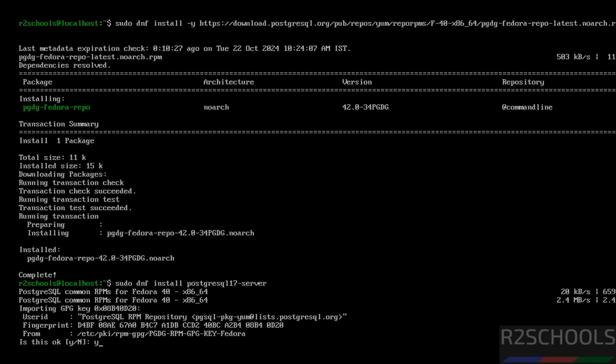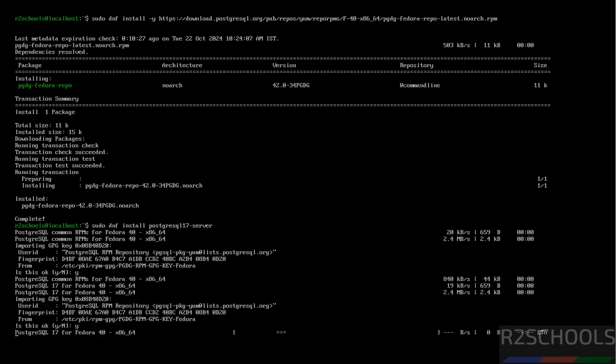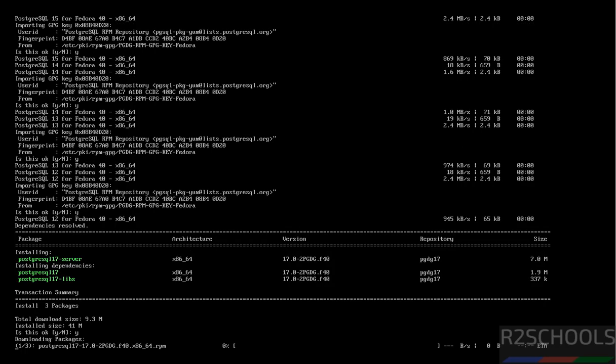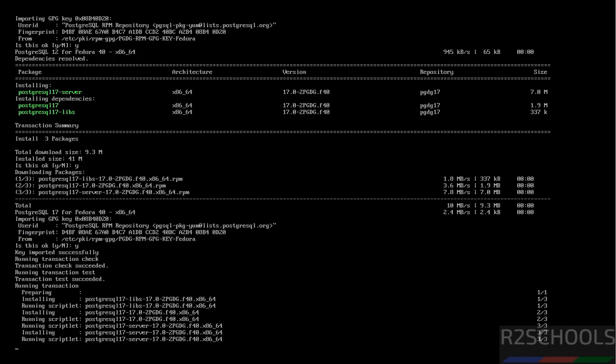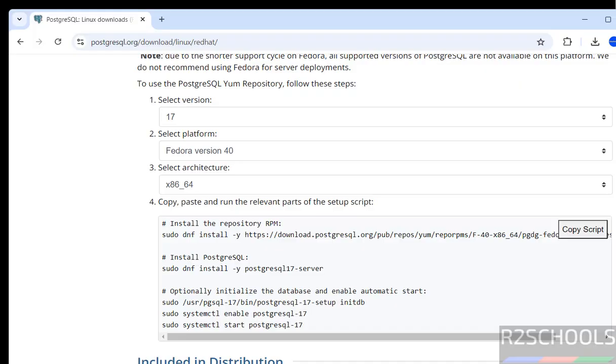Type Y for confirmation and hit enter. Again, type Y and hit enter. We have successfully installed PostgreSQL 17. Next, we have to initialize the database. So copy this command